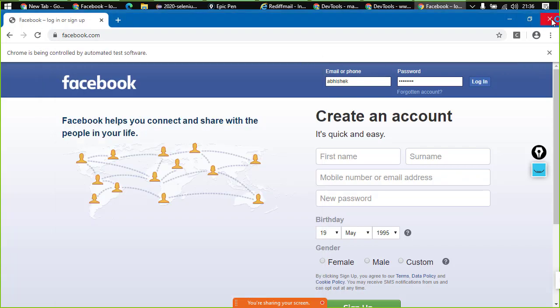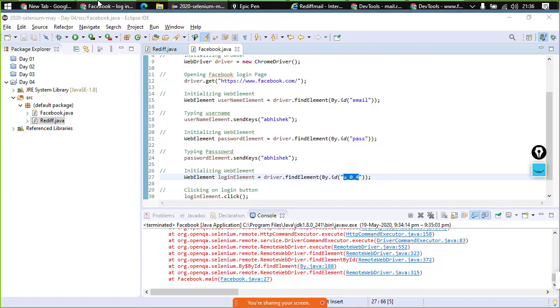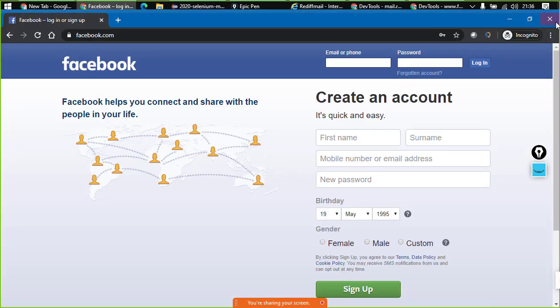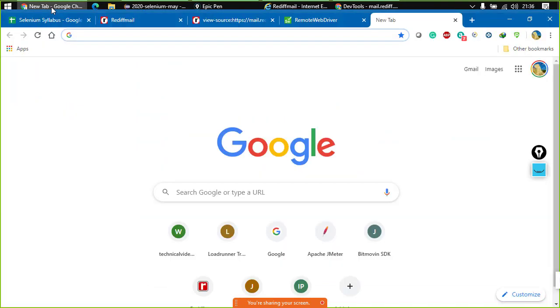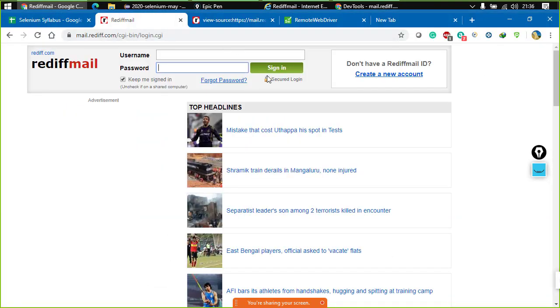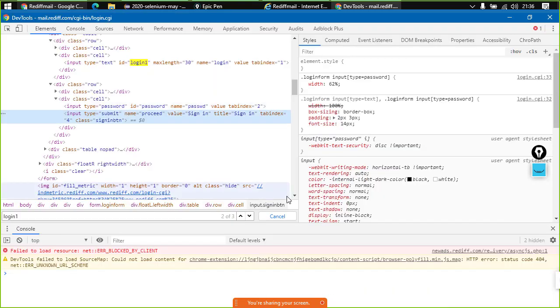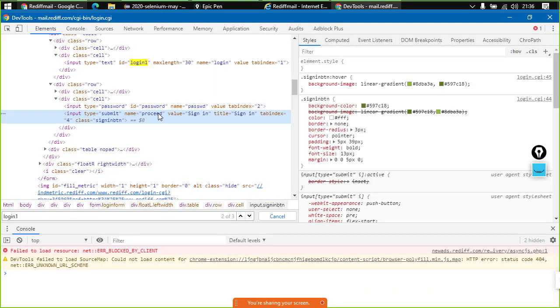Now coming back to rediff.com, right? So in rediff.com we did not have any ID, right? But we have something here that we may be able to access, say the name, right? ID was not there, but yes, name is here, which we can use.